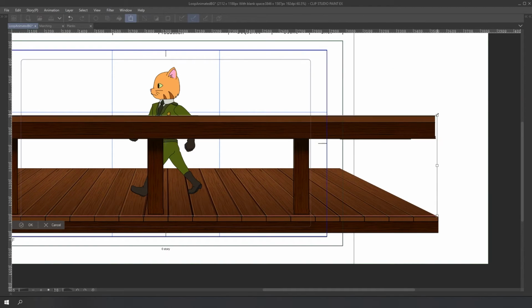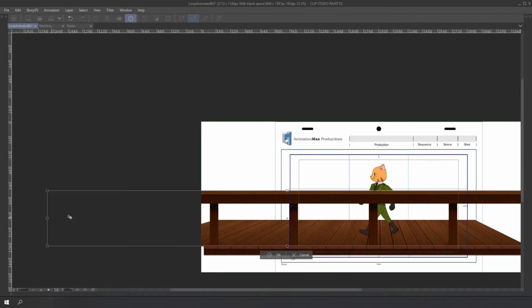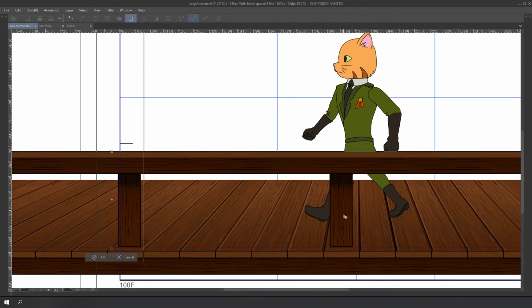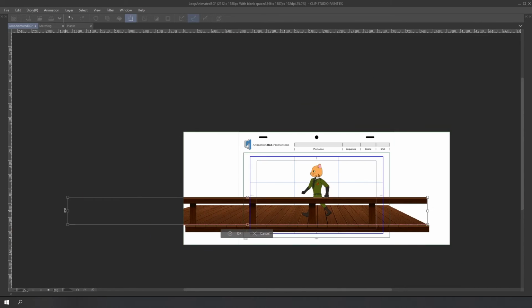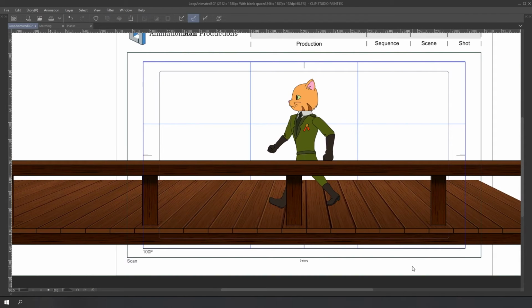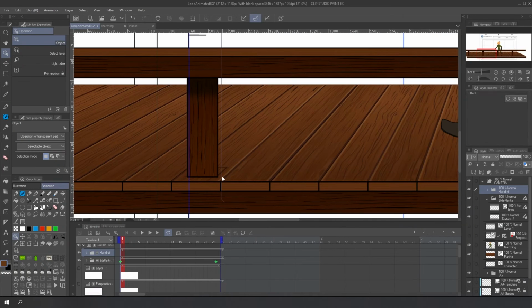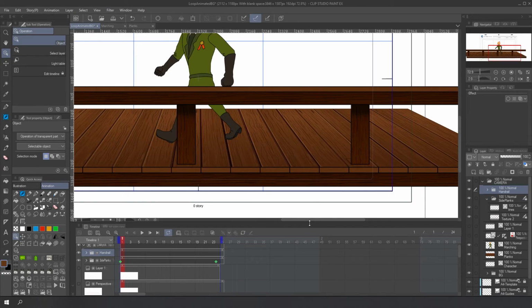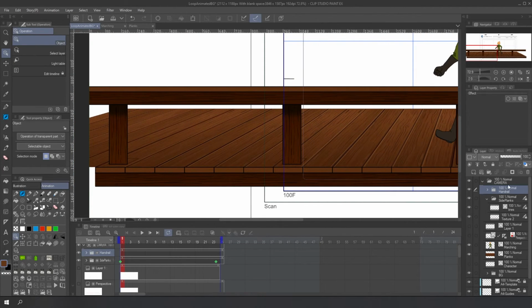Now from here I'm going to take my time to make it as perfect as I can. I think it's too big. I'm going to adjust the height. Yes, I like it better. Now everything looks okay. If you check the marks I made as a reference for the handrails, you can see that there are missing parts. It needs part of the side for this post. This is easy to fix.